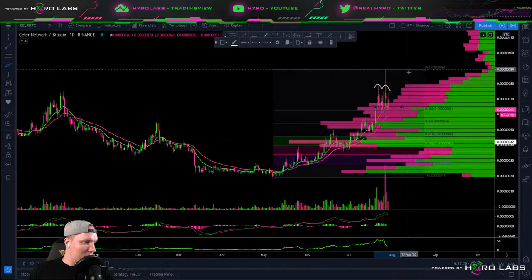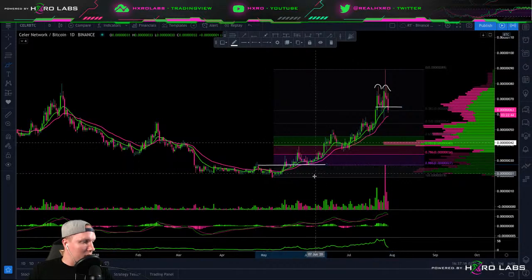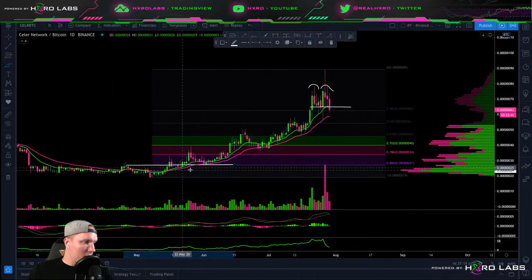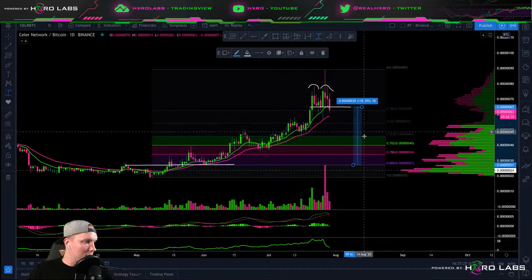Didn't take its time making a base. In fact, it ended the base on a lower low. Really clear break up here, retest, nice entry there. And it's been on a trend, and trends reverse. Assets consolidate, and from those consolidations, if you can find your way in, I mean, that's a nice